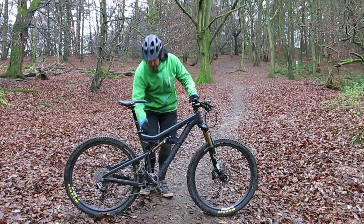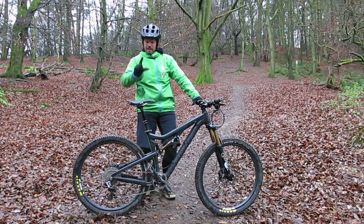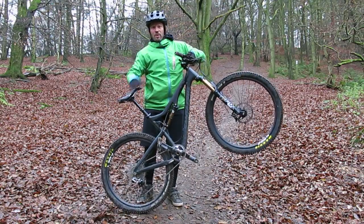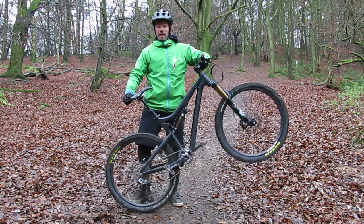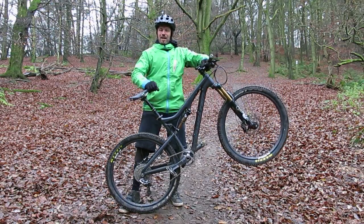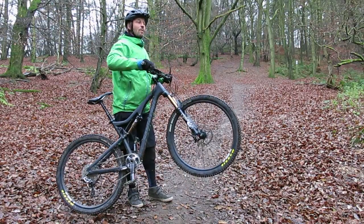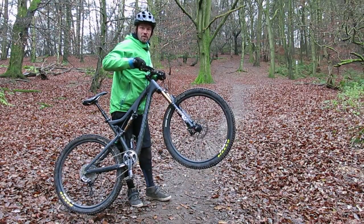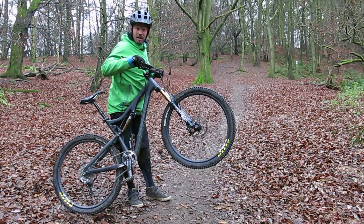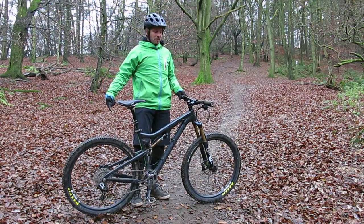We always want to be centred, our weight centred through the centre line of the bike, i.e. the bottom bracket. So when we're going uphill, it may feel like we're bringing ourselves forward. All we're really doing is letting the bike rotate below us, and our mass is still staying through the centre line. So to keep our weight through the centre line, as the front of the bike rises up, we need to come slightly, what it feels like, forward, but again, as I mentioned, you're staying above the centre line of the bike. Keeping that weight on the horn of the saddle is going to keep traction on the back tyre,